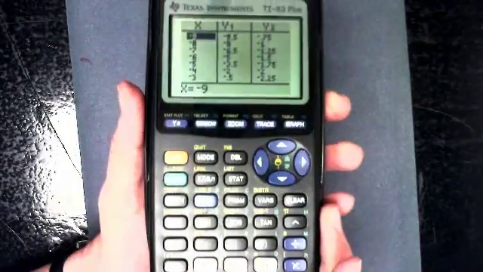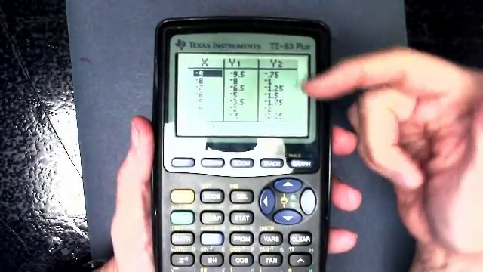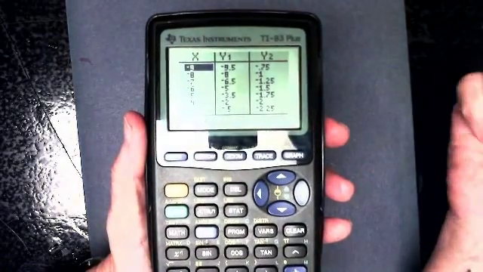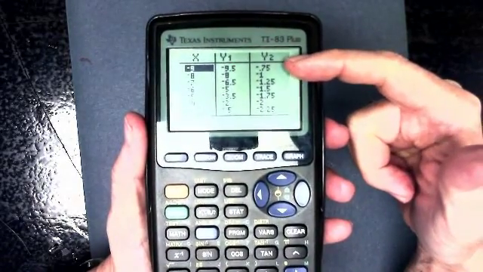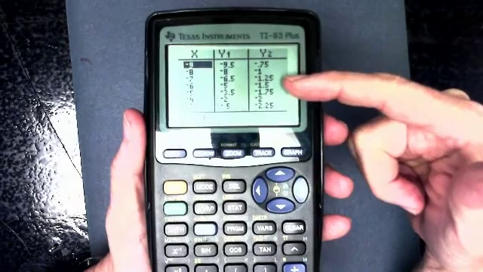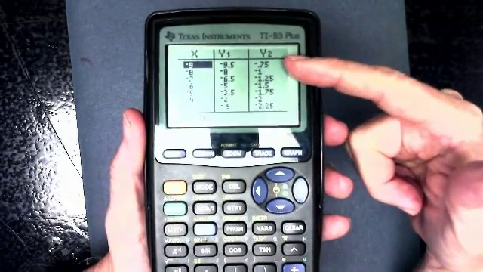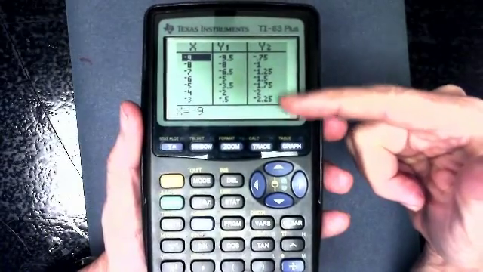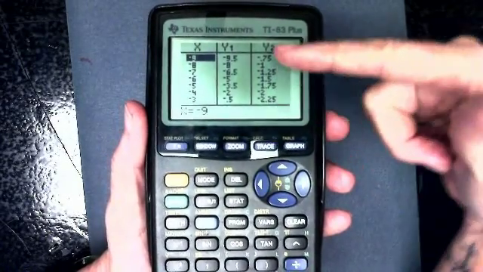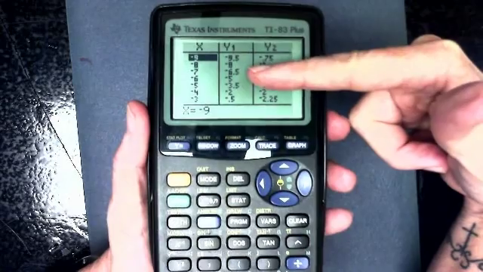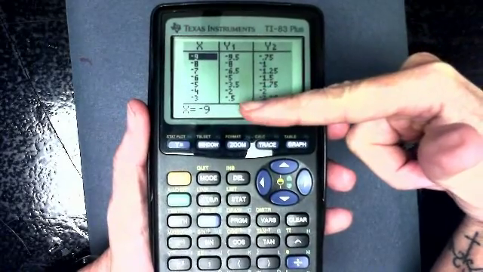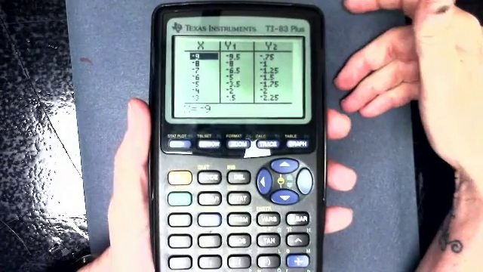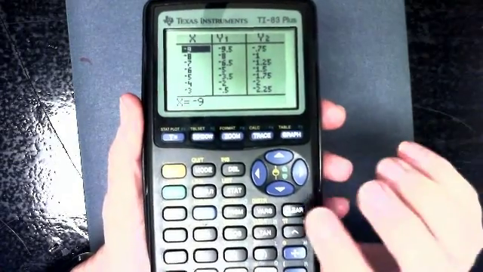so you'll know that's where the two lines intersect. This gets kind of tricky to do, so you have to really pay attention to what's happening on your numbers here. I can see I'm getting further and further into the negatives over here. My negatives are going to keep going on and on forever over here. My numbers are getting smaller and smaller, and here my numbers are getting bigger and bigger. So I need to watch that a little bit,